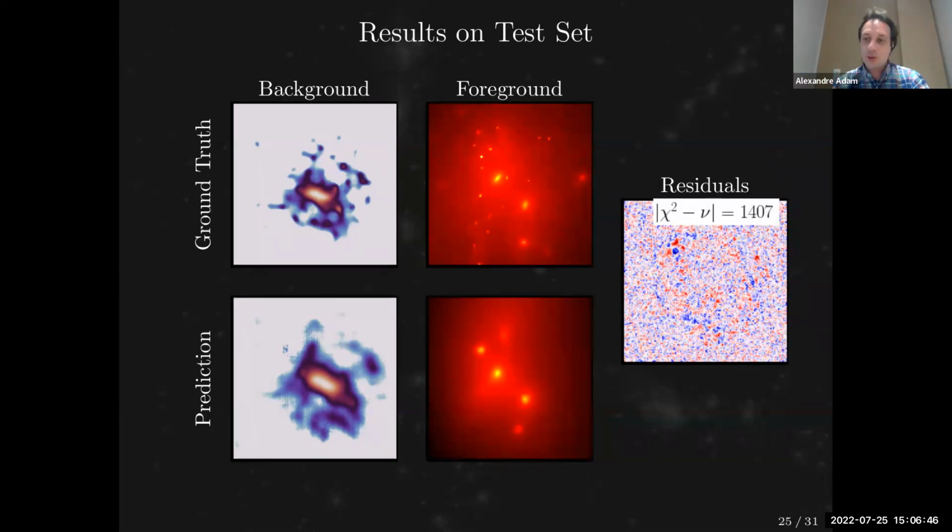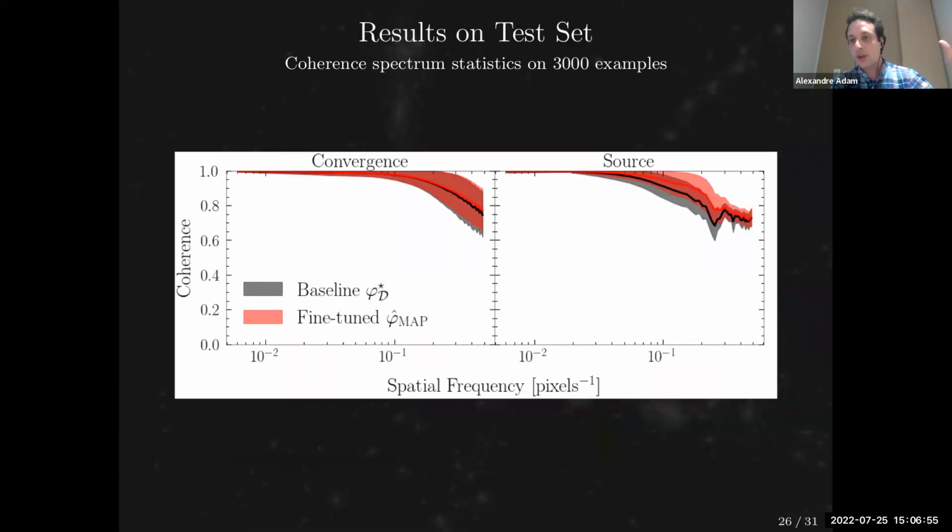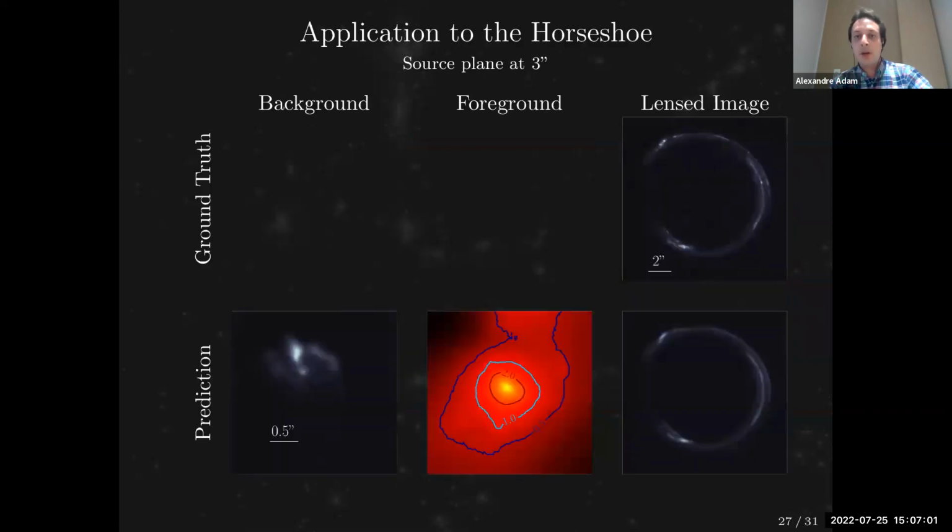Right, but those are simulations, so maybe they don't convince you. You want to see what this does on real data. So we actually tried it. This is over a full test set, so this works over thousands and thousands of examples where we tested this approach. On a real image where we don't actually know what the background and the foreground is, and maybe the noise statistics in the image might break our neural network,